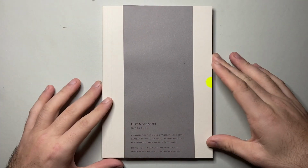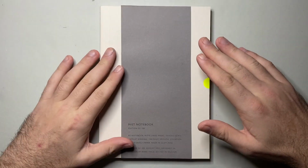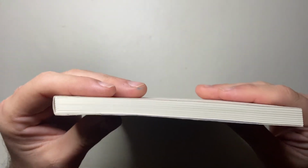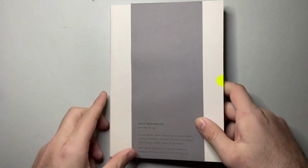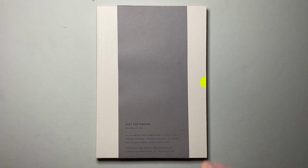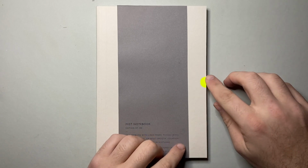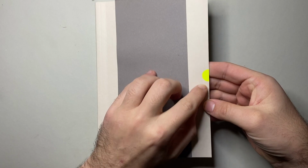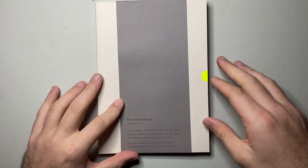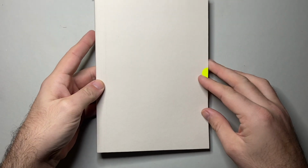So it's an A5 notebook. I said it is a limited edition. So basically, this is a cardstock covered notebook. And occasionally they make these limited edition numbered editions of 100 of these, and this is the Mist. So they come with different colors. They will have this little colored accent on the cover, on the corner there, on the edge, little cardboard sort of cover band, and it's a very simple, elegant